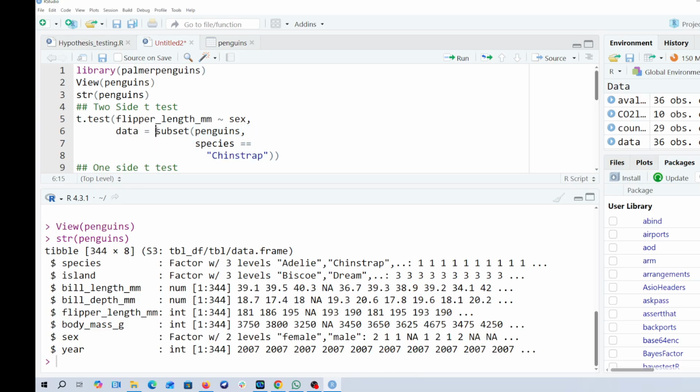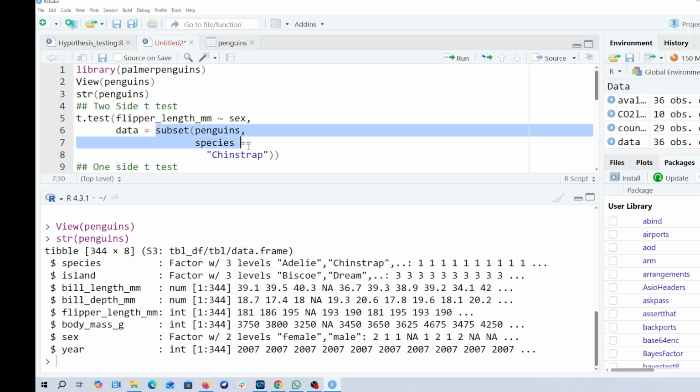You can use maybe the piping technique that we already have a video on to solve the same problem rather than going through this. Or better said, you can pick out this subset data as something different, and then later on pass it as data here. So if I run this